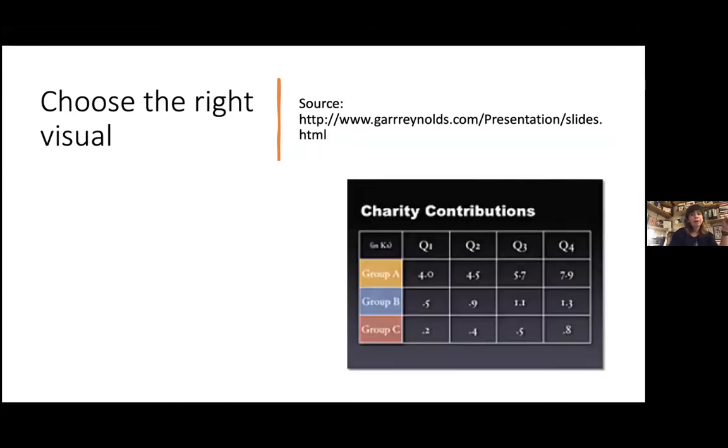Now, someone earlier in the chat talked about the need to have the right visual. The right visual is so important. And the visual you may use for your paper, so let's say you have this visual, this chart, this table in your paper, that makes sense in a paper, right? Because in a paper, you can take the time to carefully look at the different categories and think about how this processes and how this works. But if you were to try to explain this in a PowerPoint presentation, that might take quite a bit of time in order to get the impact that